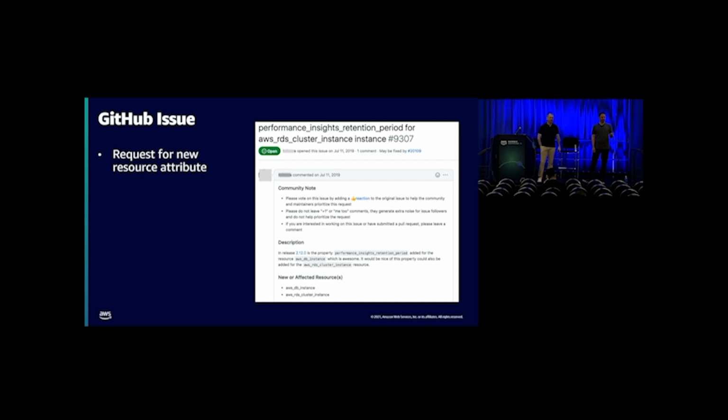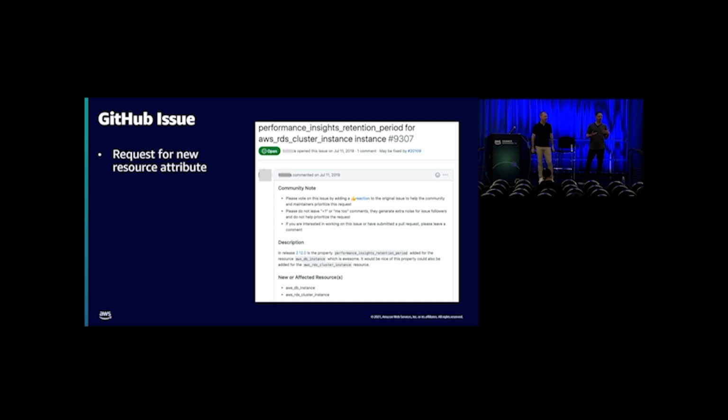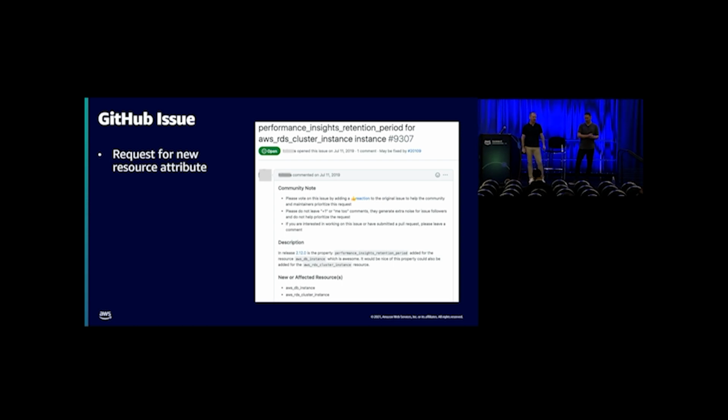So we have a pre-existing resource. We want to add a parameter that's already in the API, or at least we're going to check to make sure that's in the API. And in the issue, they call out that it already exists in the AWS DB instance, which is nice. When you're seeing things like this, hey, maybe I have an example that I can go take a look at.